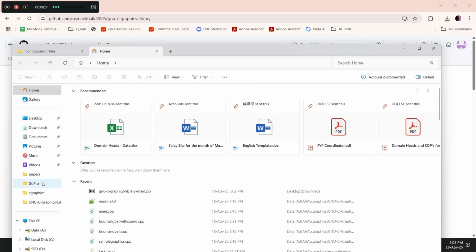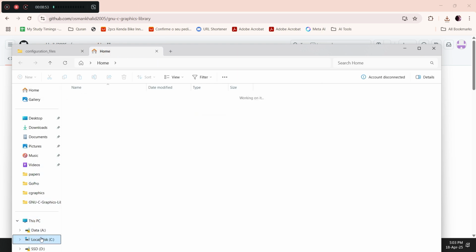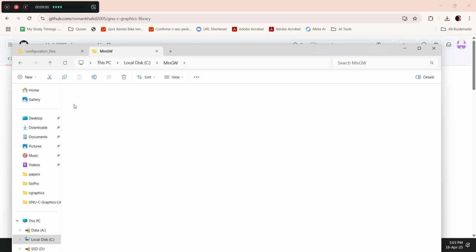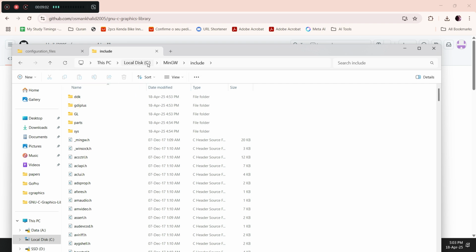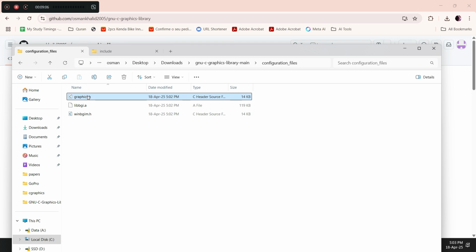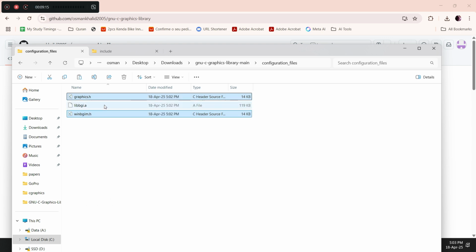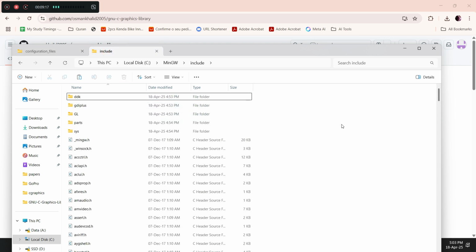go to this path, C MinGW, and then open this folder, include, C MinGW include, and from configuration files select these 2 files, graphics.h and winbgim.h. Right click, copy, and then paste them in this